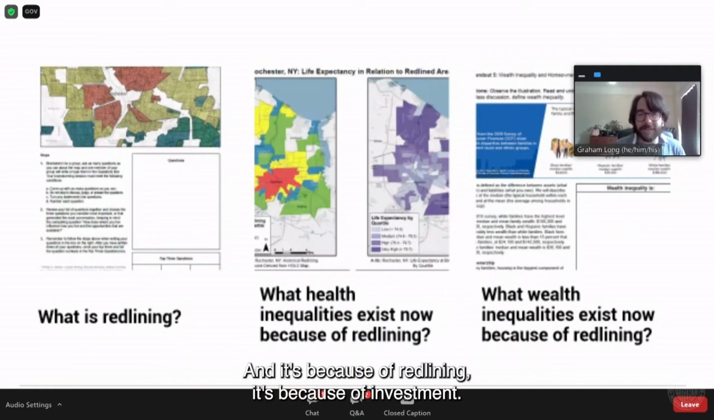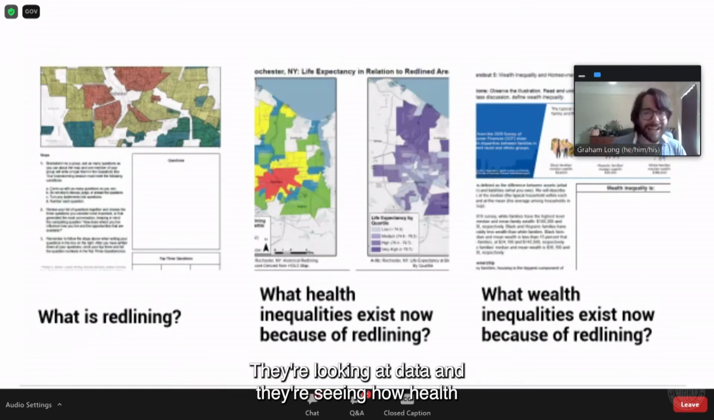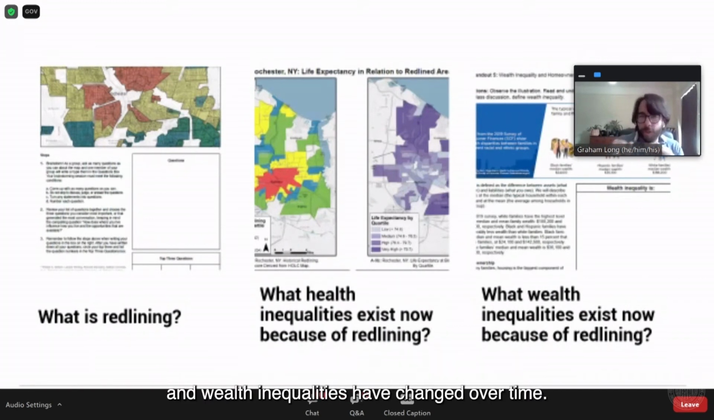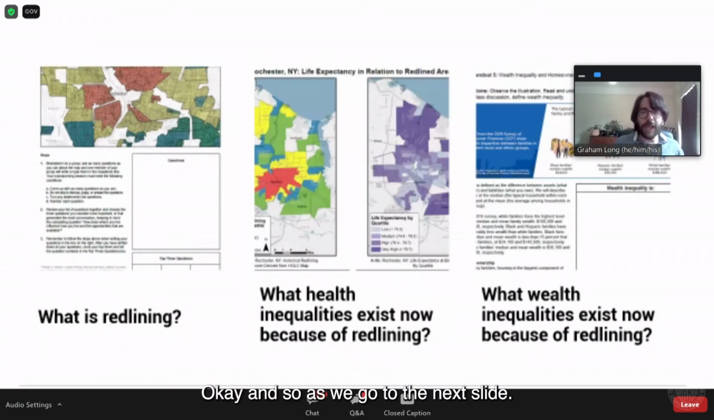It's because of investment. And so with day 2, students are looking at maps and they're looking at primary sources. They're looking at data and they're seeing how health and wealth inequalities have changed over time. And they put all those things together to try to answer that question. Okay. And so as we go to the next slide,